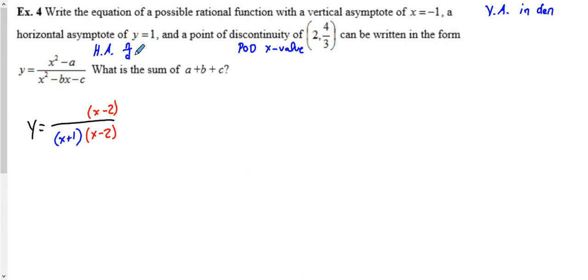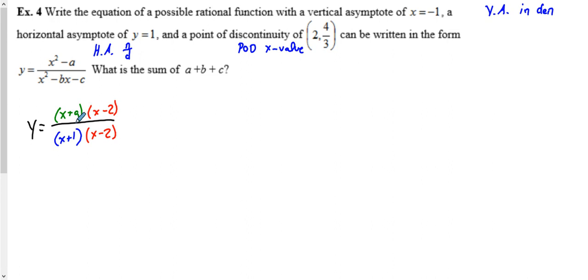Here, if I wanted to build, and it looks like a horizontal asymptote of 1, I need the same x value on top of another x value. So here, once these cancel out for POD, I'm left with this here, x plus 1. I'm probably going to have another x right here, because x over x is going to get me to that 1 value. It's going to be x, and I notice here that this is x squared minus a. That's called difference of squares. If I already have minus sign here, I'm going to need a plus sign here,